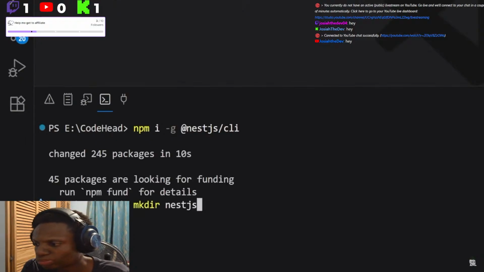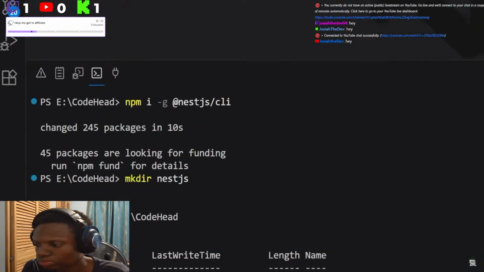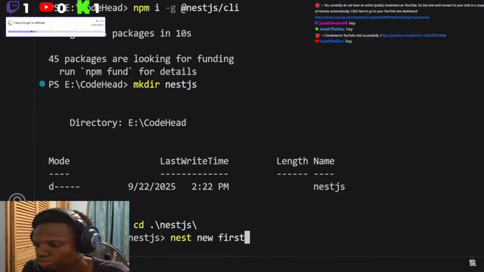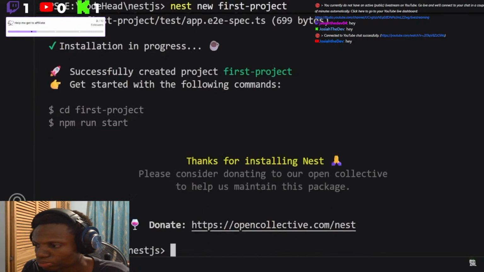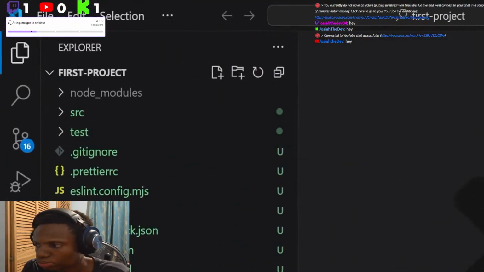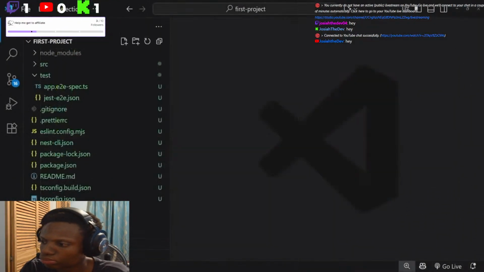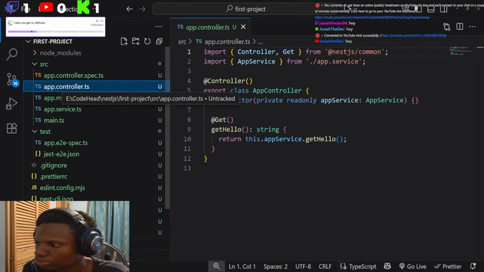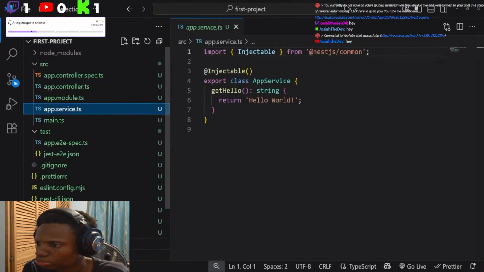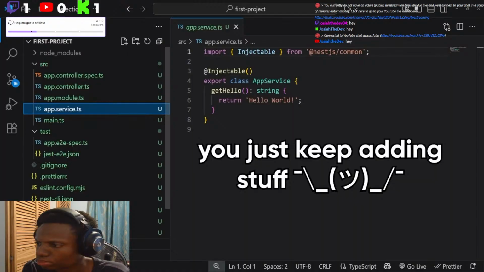Then we create a NestJS folder, and to create the project itself, we simply need to run nest new first-project, choose our package manager. I'm going to choose npm here, and voila. We have all the boilerplate code for a NestJS project generated, structured in an easy-to-understand fashion, and ready to go. It's super minimal: main boots the app, app module wires things together, the controller handles requests, the service holds the logic, and from there, you just keep adding modules, controllers, and providers as your app grows.